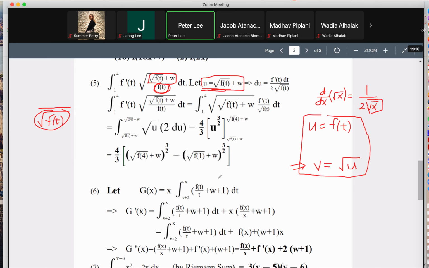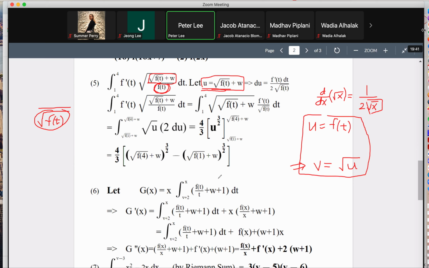I don't know. Is this number 5 too tricky? It's tricky. Do you think this number 5 problem was too tricky? I think the tricky part is that there's an f of t there, but other than that, it's actually